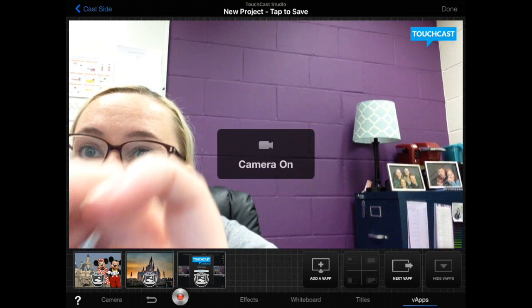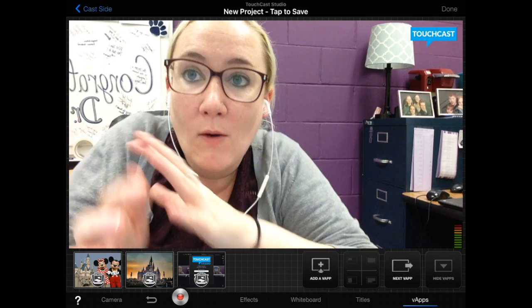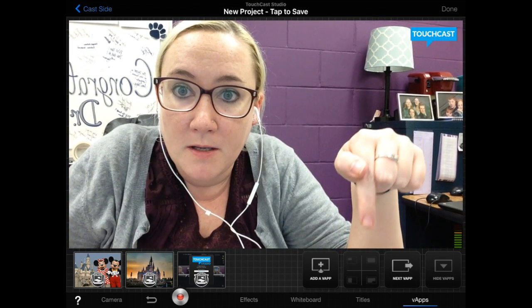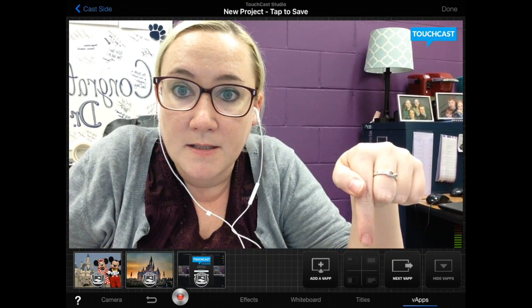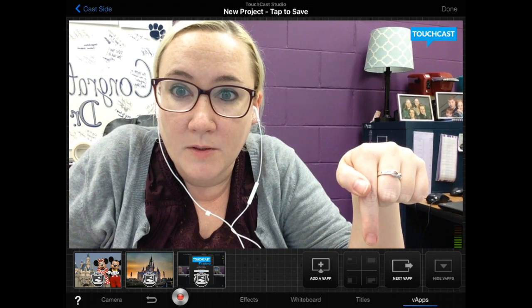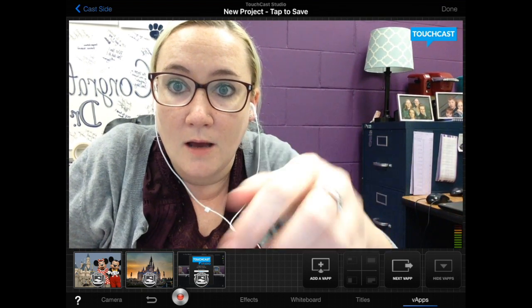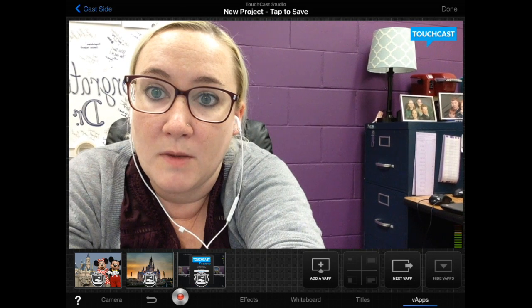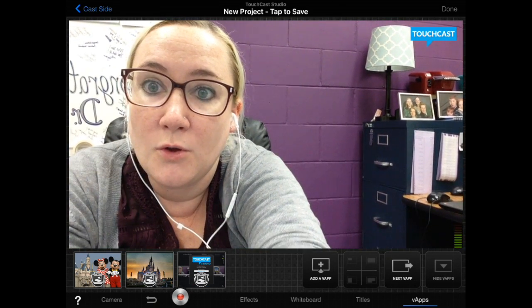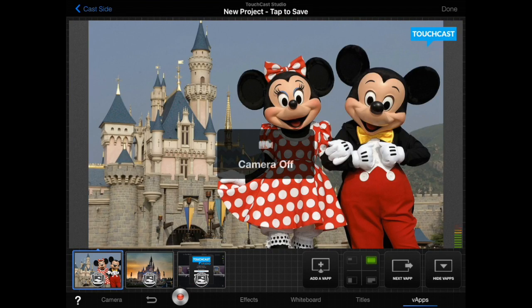All right. Now, how I made that full screen is the buttons right there. There is a button on the far right-hand upper corner that is full screen. That looks just like what I did, makes it look all big. If you want to do that, you don't have to be in your own project. If you are a little camera shy, you can just have a picture and you talking over your PSA over it. But make sure, of course, the pictures are all relevant